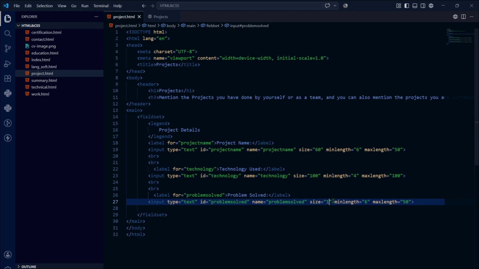Size will be 100. Minimum length should be 5. Maximum length should be also